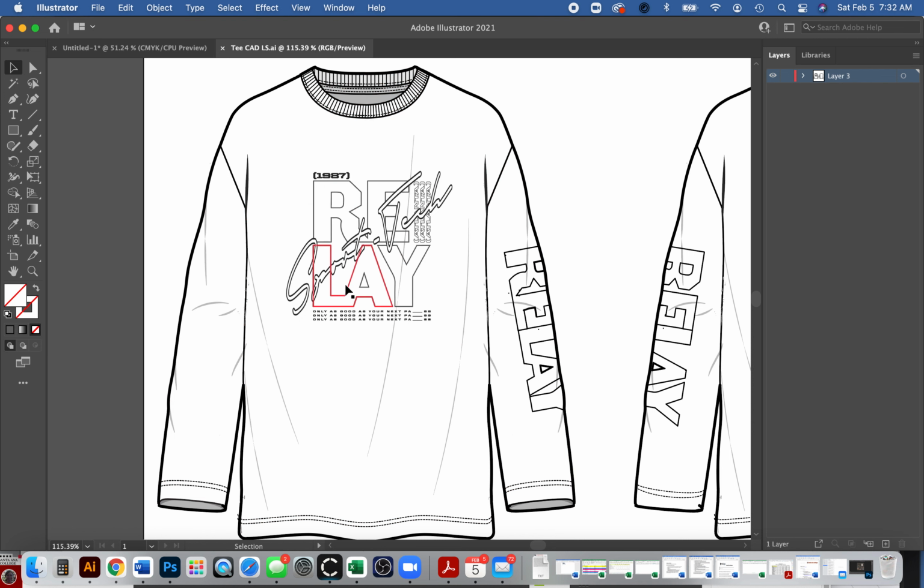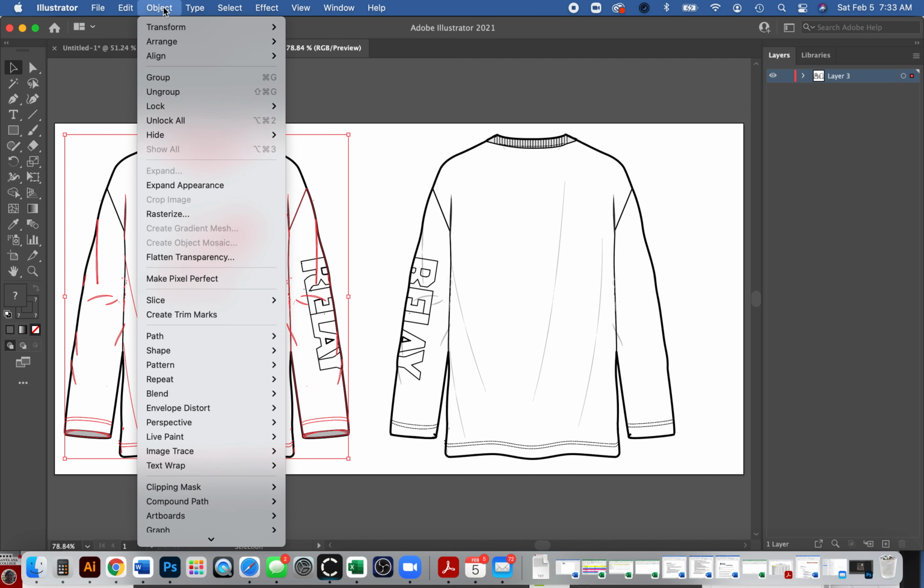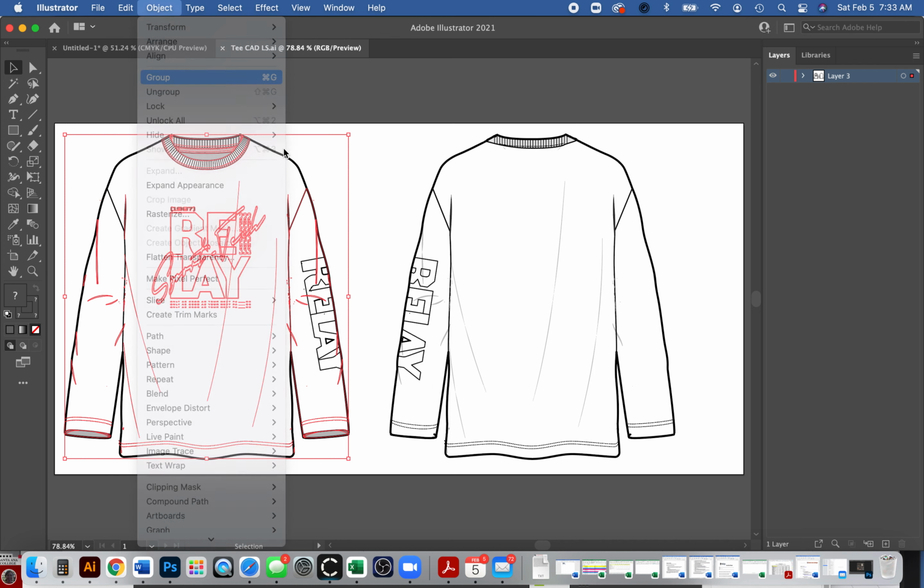Okay, so let's see here. It looks like the artwork is not fully grouped. So if I just click and drag and everything's selected, all you have to do is go to Object, Group, but really you should memorize the keyboard shortcut, which is Command G if you're on a Mac. If you're on a PC, switch out Command for Control. What I love about these tools, Object, Group, is that it says what the keyboard shortcut is. And we do group a lot, so it's worth memorizing.